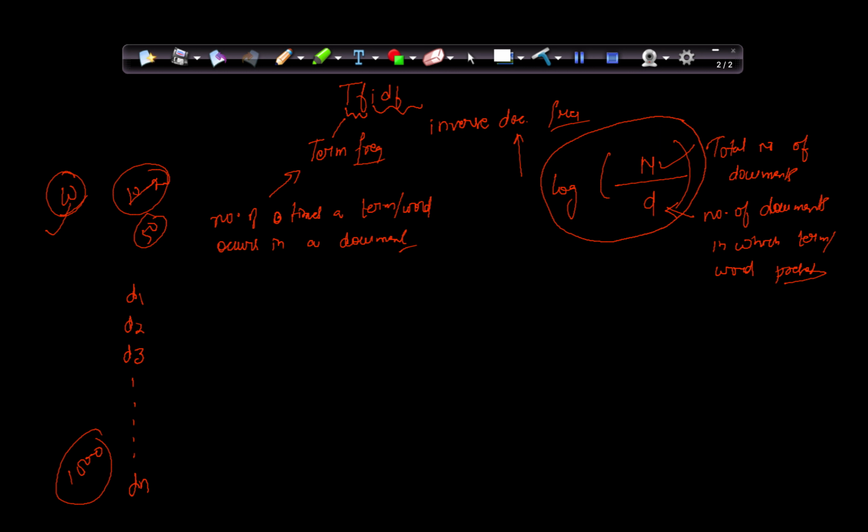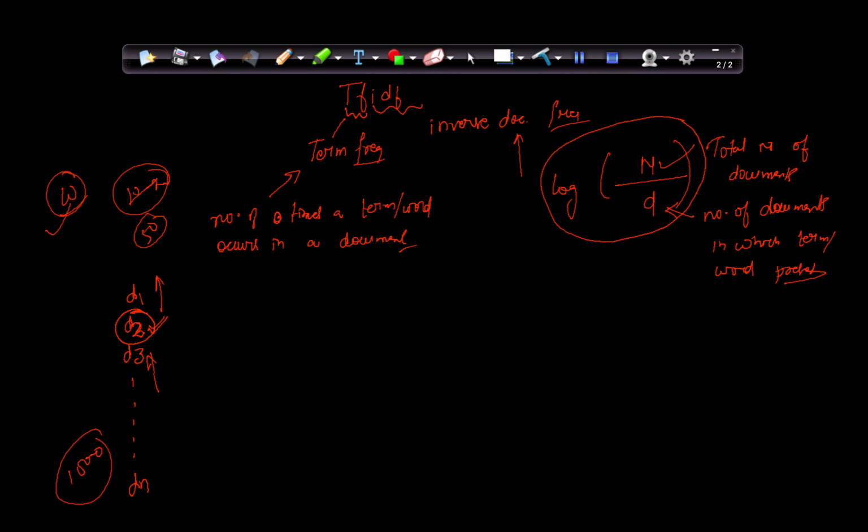Suppose in the whole corpus some of the words are very rare. Then we have to give more weightage to them, because they contain more information about that particular document. If document D2 is different from the other documents, how do we decide this? To decide whether a document is different from others, there is only one way, and that is to gather information from the words of D2.